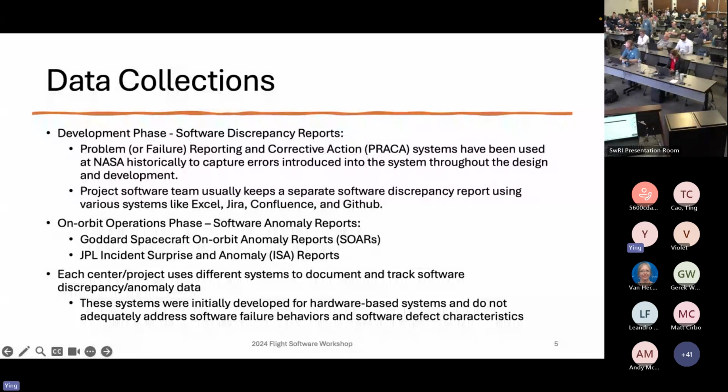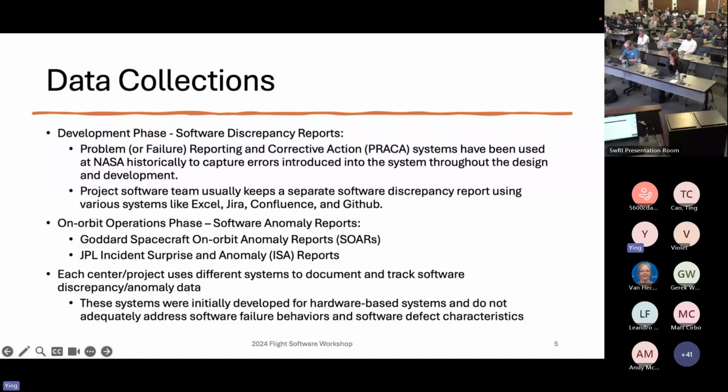And those are the issues found prior to launch and operation. So for the on-orbit operational phase, we call it an anomaly report. For instance, at Goddard, we use the SwRI system, the spacecraft on-orbit anomaly reporting system, to document those anomalies. We have collected over 9,000 flight segment anomalies over the years, and JPL has their ISA reporting system, incident